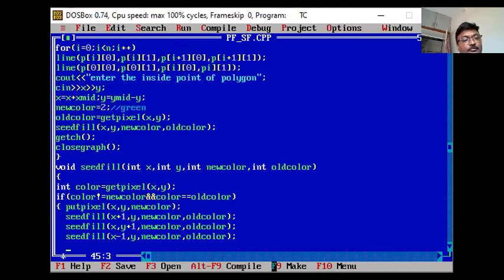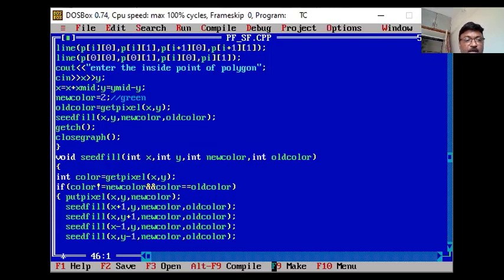And then y minus 1 is the last one. Seedfill x, y minus 1, new color comma old color. That way I have called this function 4 times, with x plus 1, y, x minus 1, y plus 1.